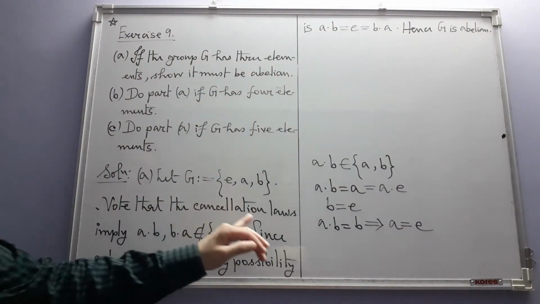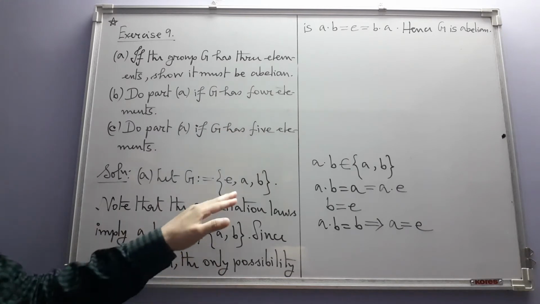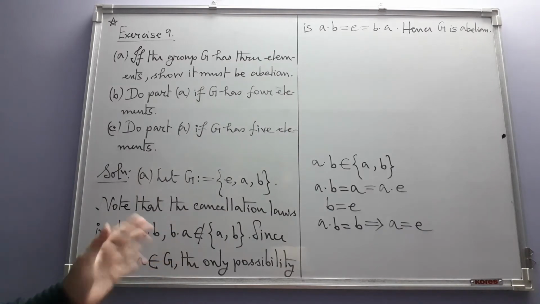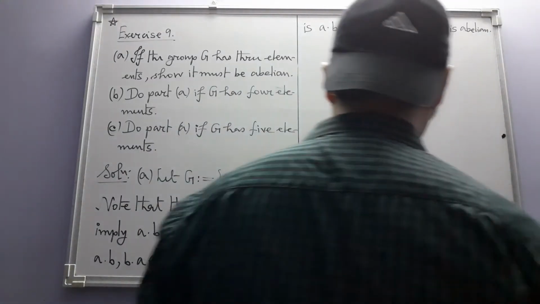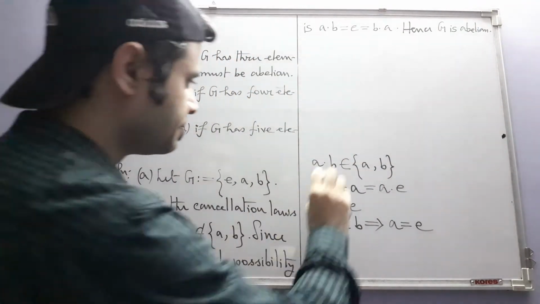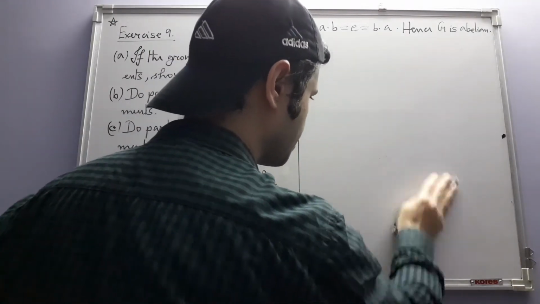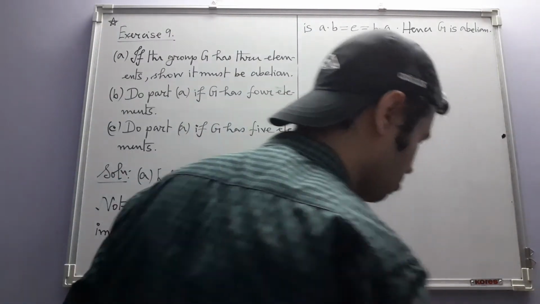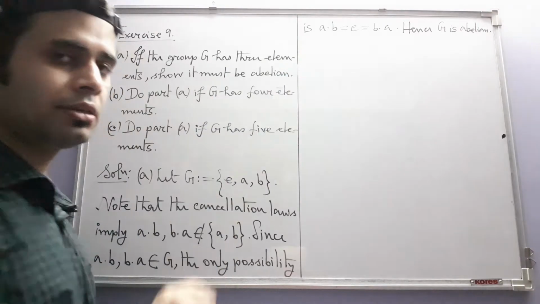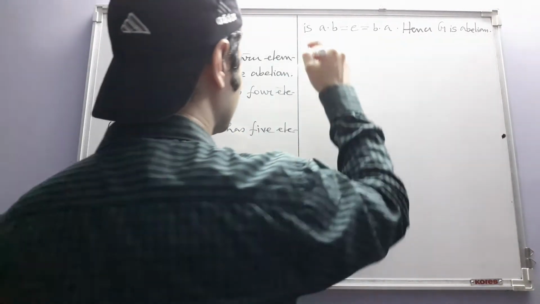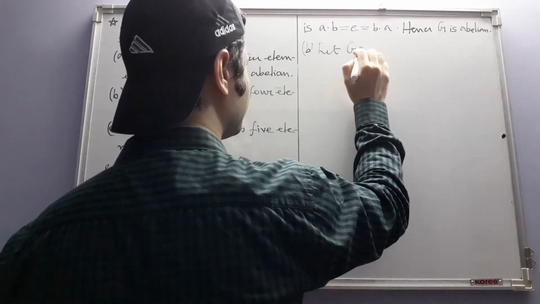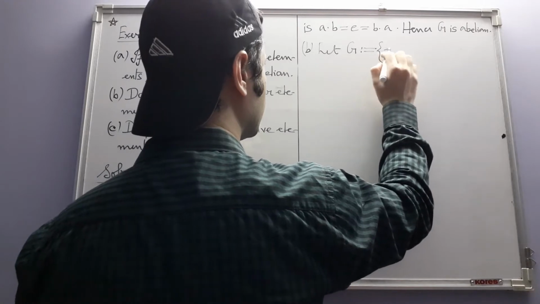That's it. That's just how you write the solution without even mentioning that we have to consider E and those things. Those are just trivial facts that anyone can understand. We are concerned about showing that non-trivial products are equal. By non-trivial, you know what we mean: a non-trivial product is one where the elements are different and none of them is the identity. Okay, next we have a group with 4 elements.